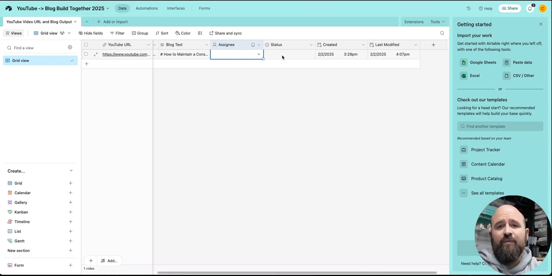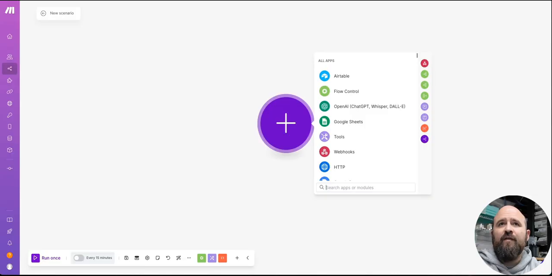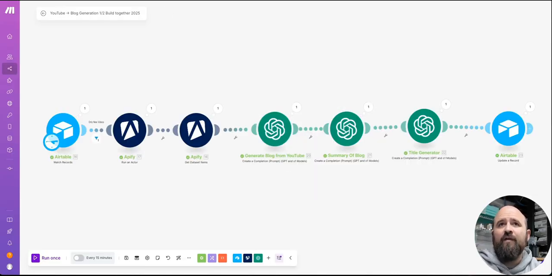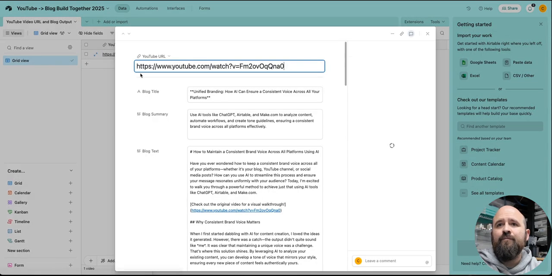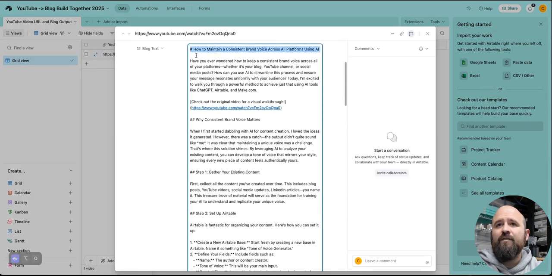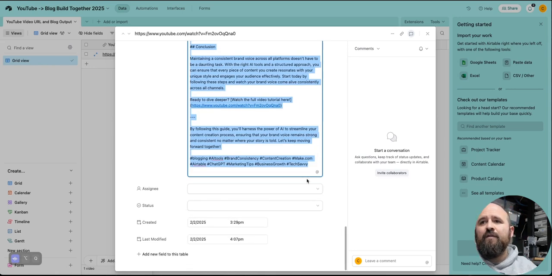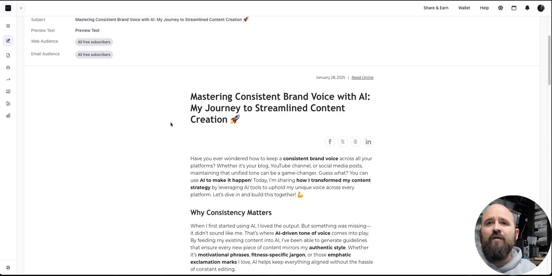So the next step would be telling it to go ahead and generate the output from it, right? So instead of just leaving it there. Now you could, if you wanted to leave it at this point, you could take from here, go into blog text, copy all of this. Let's go over to Beehiiv where I am hosting mine. And let's say you want to,